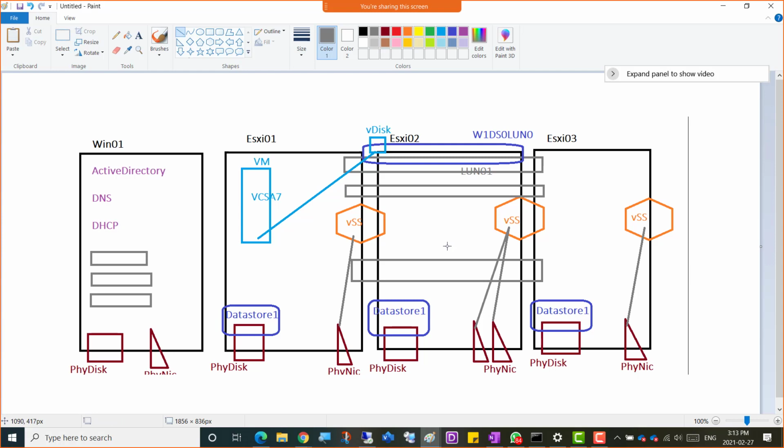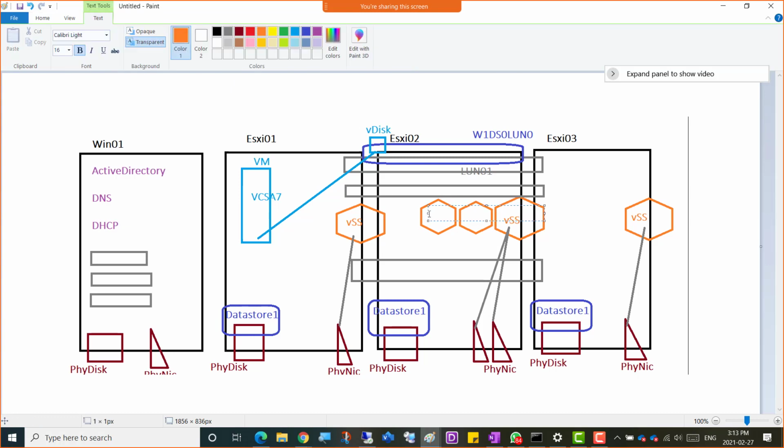But we've explored the features here, but what if we want to create multiple standard switches? And why would we want to do that? So suppose there are two more standard switches that we want to create, and the simple reason would be